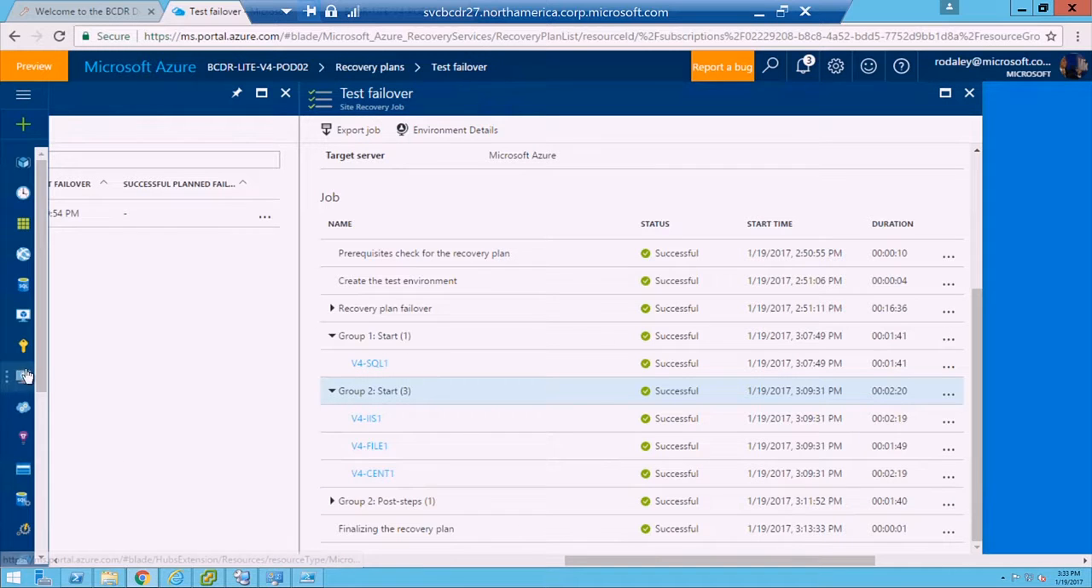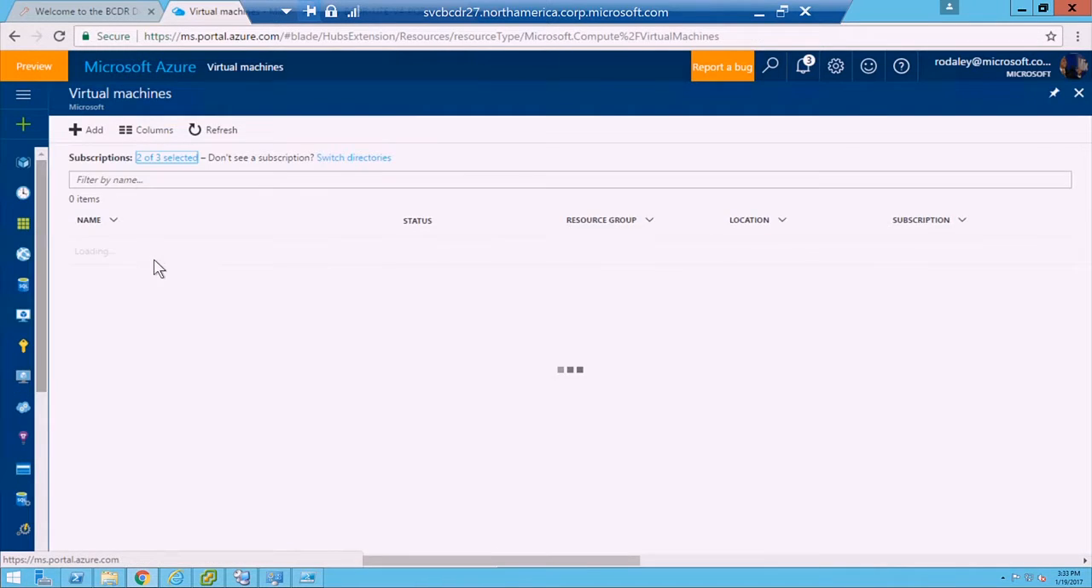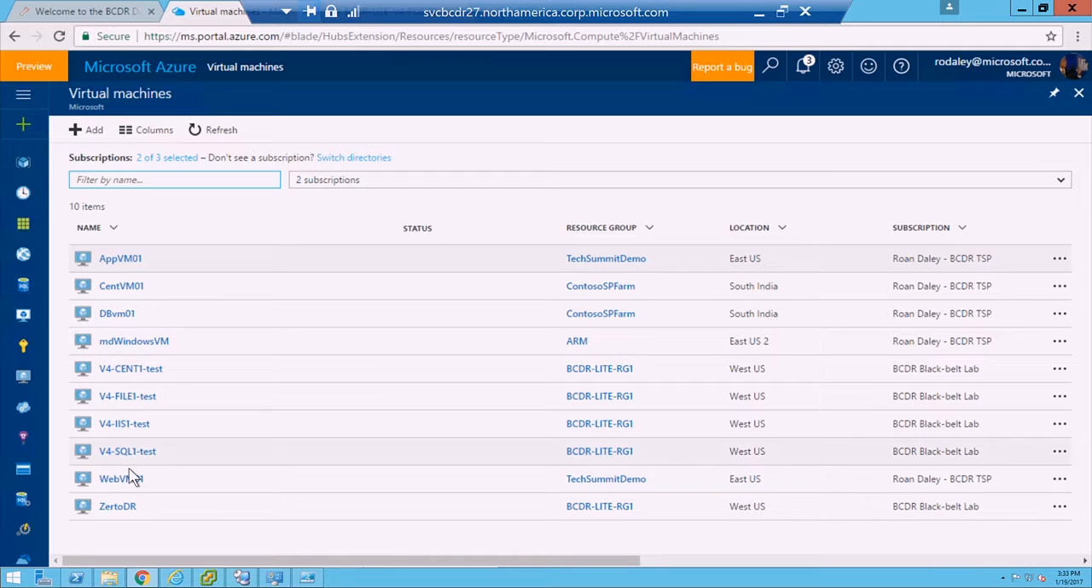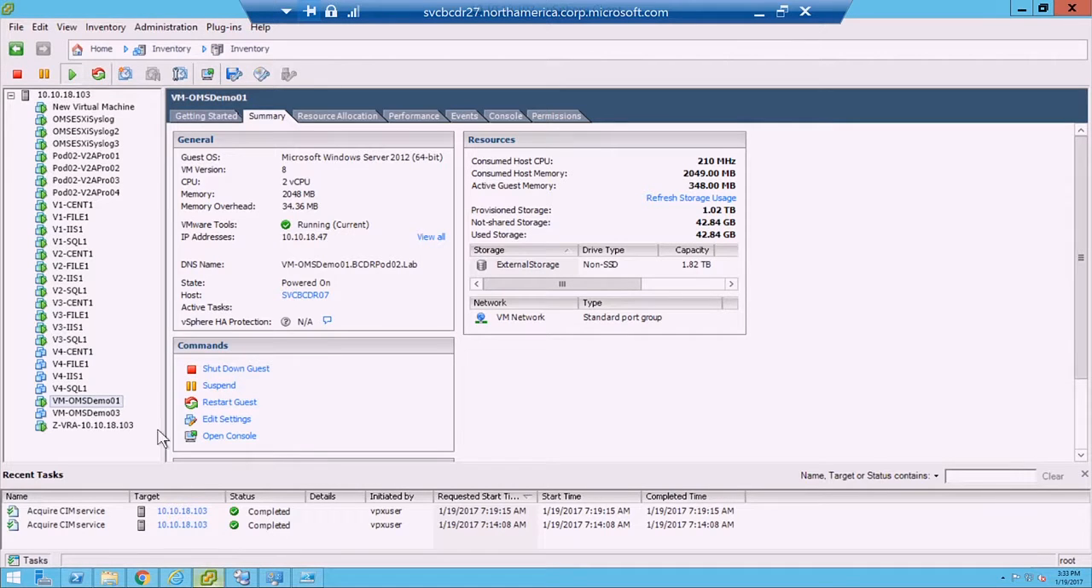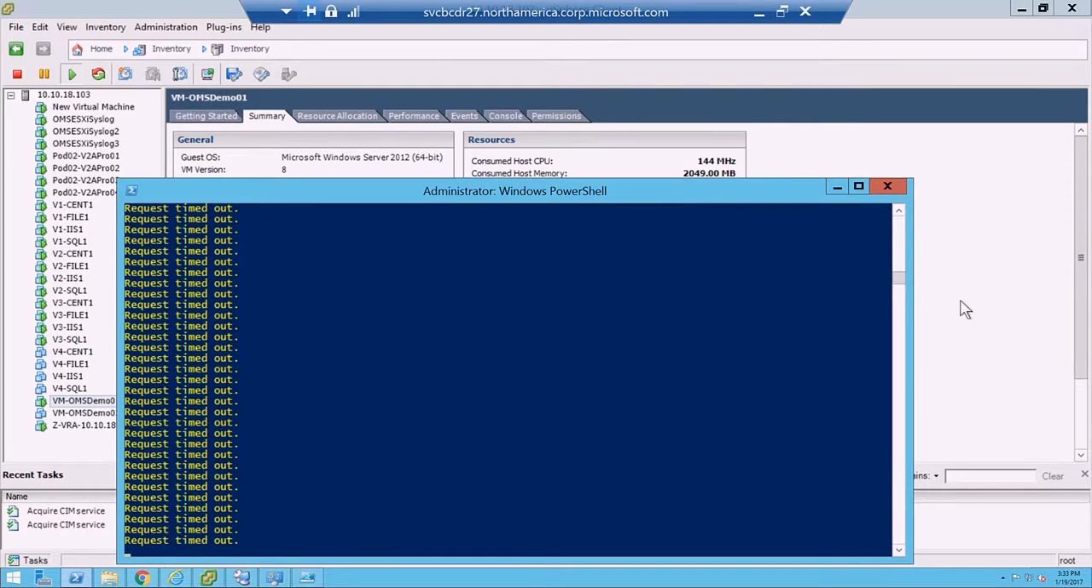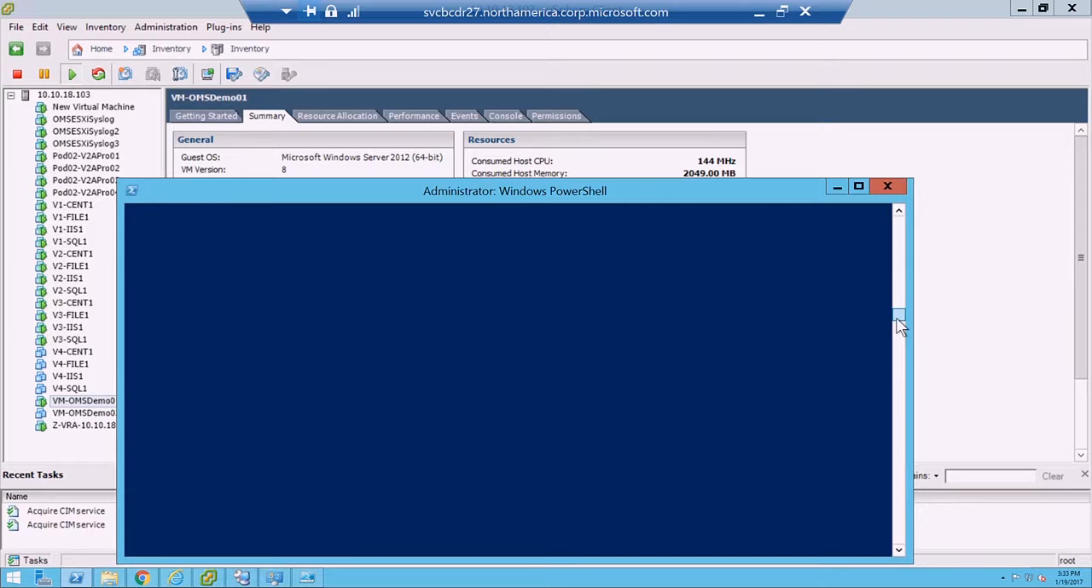So if I look at my virtual machines that are running in Azure, because I did a test there, I'll see a number of VMs that end with the suffix test, because this is a test failover of my application. And again, just to show that this is not sleight of hand, my machines are shut down on premise. If I go back to my VMs,